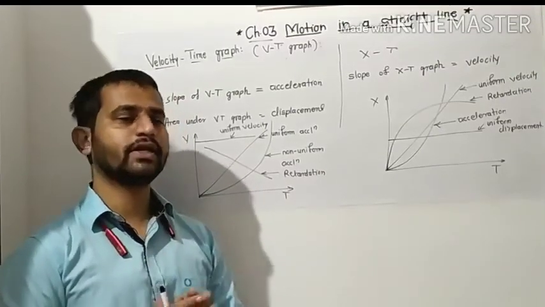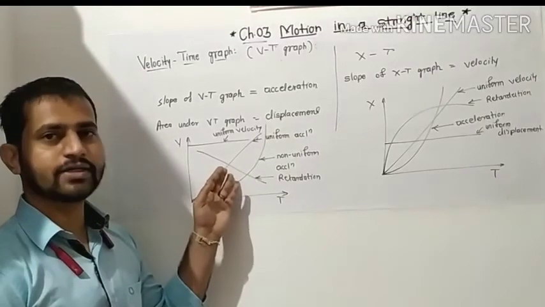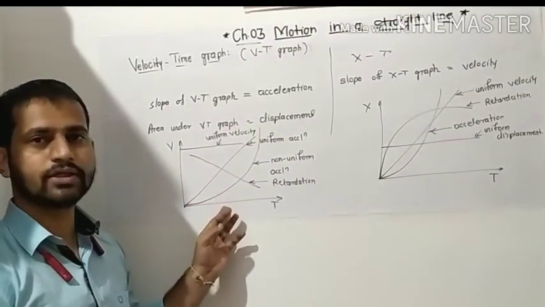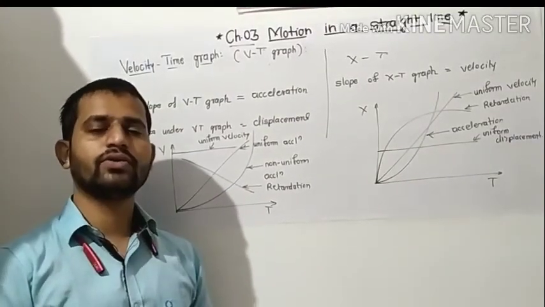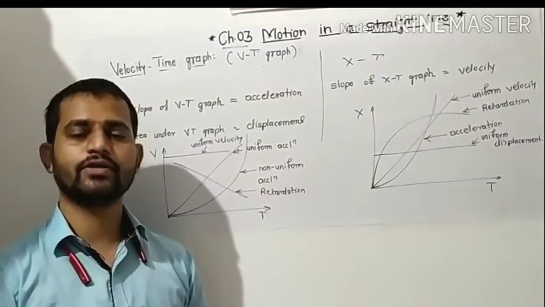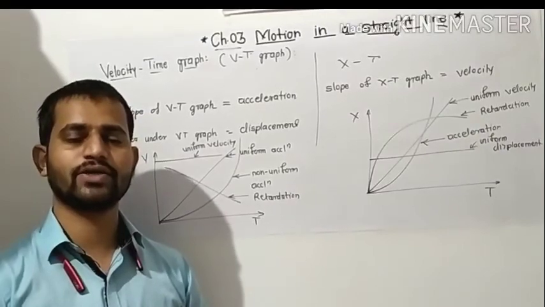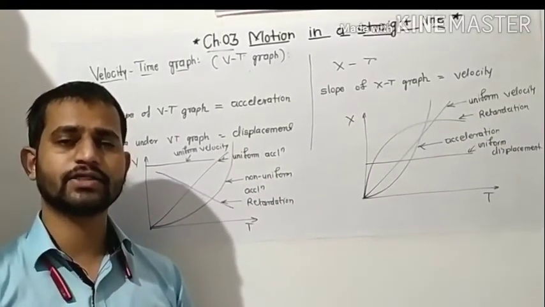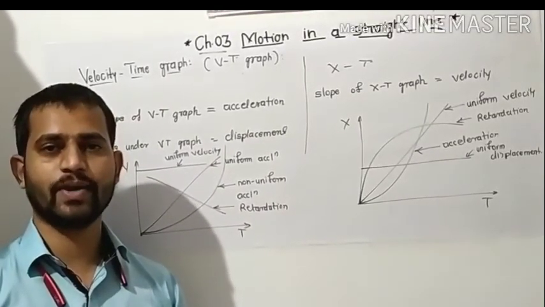Similarly in case of VT, if we have to find the particular acceleration at a particular time, we can go for finding the time. So like this, if we know any physical quantity, we can find any third physical quantity, or we can give the relation between two physical quantities by using graphs. Okay, so this is a very important part of physics. You have to use these parts at the time of your practicals.